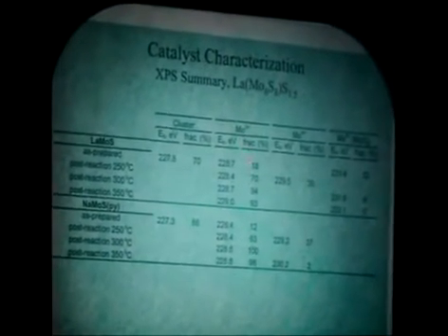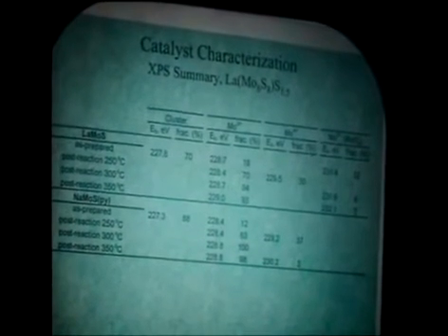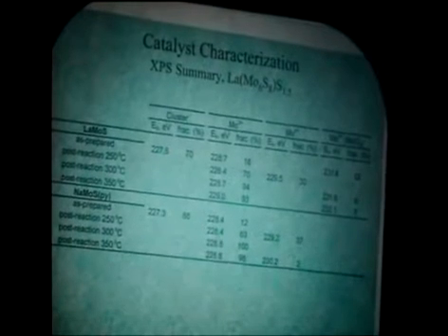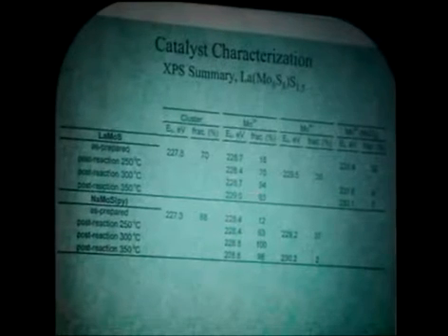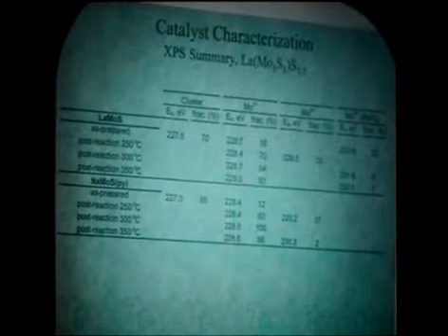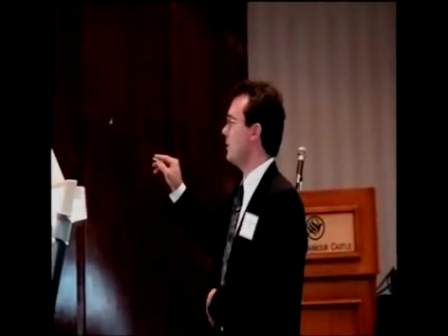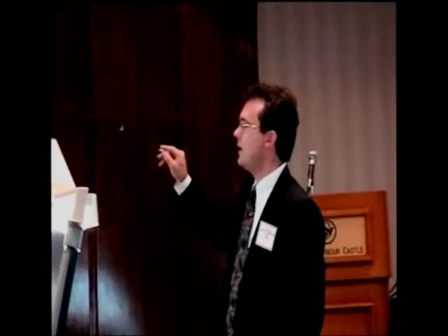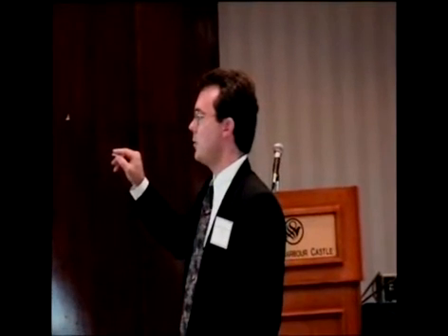And why I've done that is because the binding energy is a little bit too low for us to consider it as MoS2. Normally MoS2 is around 229.5. Some papers have shown it as low as 229.0, so you could argue that maybe this is starting to look like MoS2. But it's a very low binding energy if it is MoS2. What we see is at 250 degrees C, it's easy to see that there is some Mo4+ formed, and that's true for both these materials.